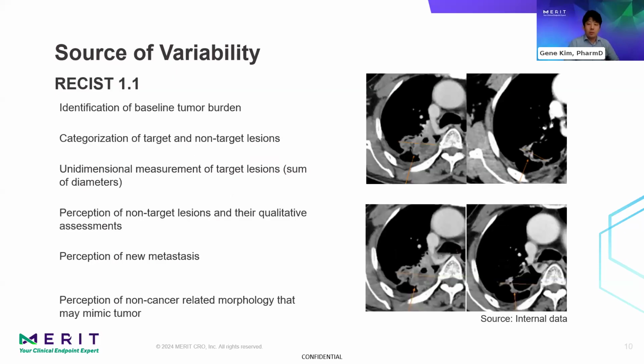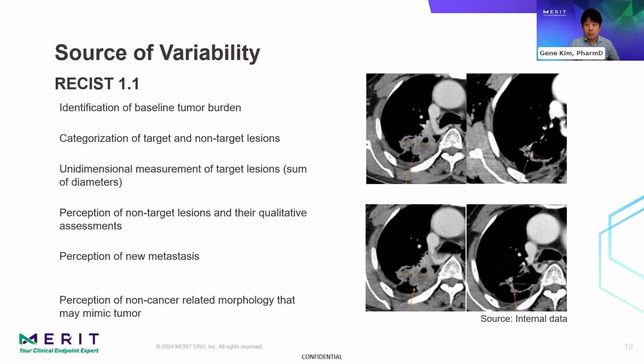All right, and then sources of variability can arise from the specific design of the assessment as well. I wanted to point out some of the response criteria and imaging modality related sources of variability on the next few slides. The first one is RECIST, for solid tumor assessment, which is a very common set of rules to assess the outcomes of each time point of the subject.